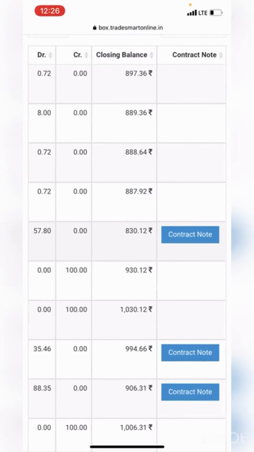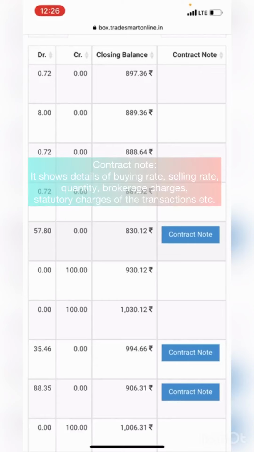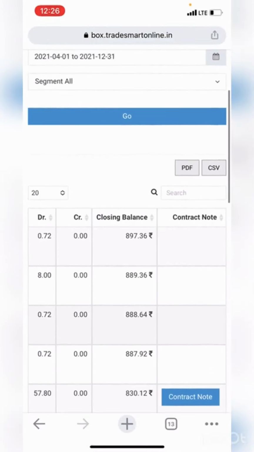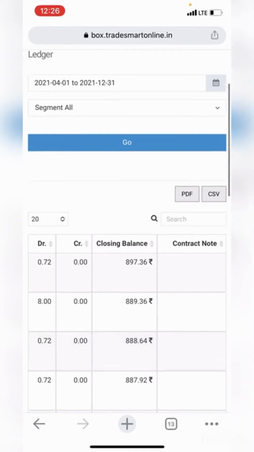Once you move on the right side of the bill, you will also find contract note. Now, please note when trades are executed, we as broker provide you the bills on a registered email ID for each executed trade. However, you may click on the contract note option to know about the trades in particular for that date and can even download them using this contract note facility. You can also download this entire ledger report in Excel and PDF format and store it for your reference.